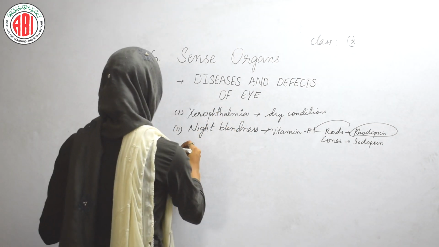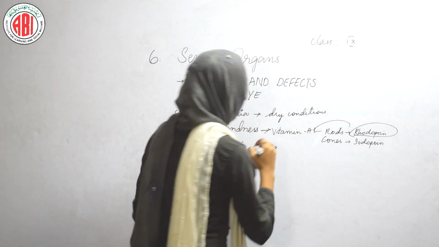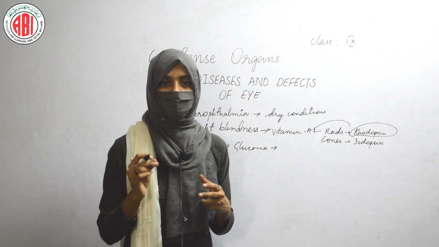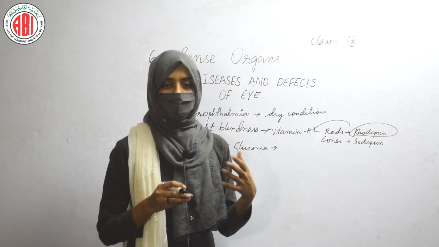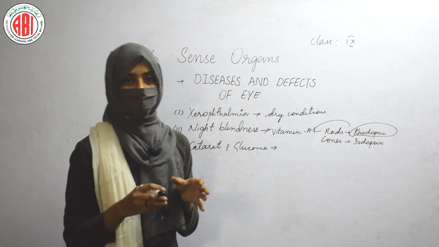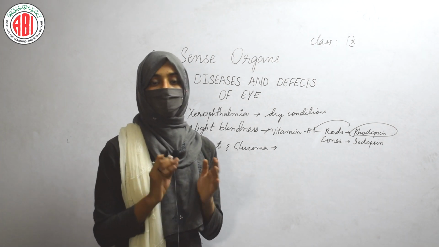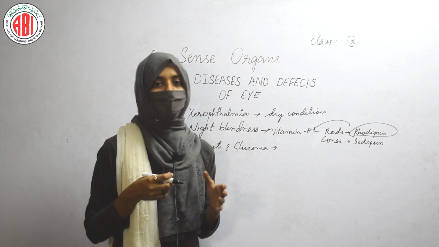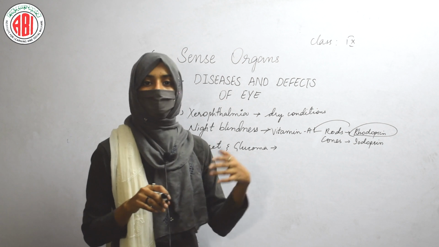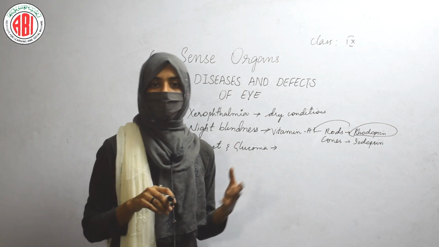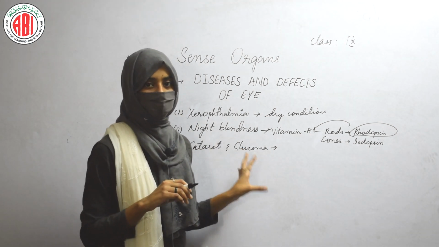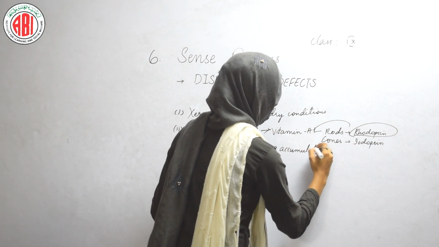The next one is cataract and glaucoma. In such diseases, obstruction of the materials takes place. The accumulation of white crystalline material takes place in our eyes, and that can be cured with the help of certain surgeries. This accumulation occurs on the window of our eye, the region from where the light passes. Because of this obstruction, the light cannot fall on the retina, and it leads to blurred vision. This can be treated by some surgeries. So, here we can write accumulation of material.